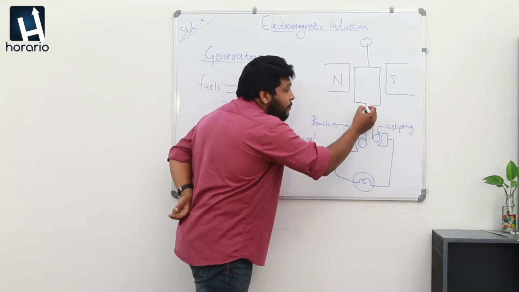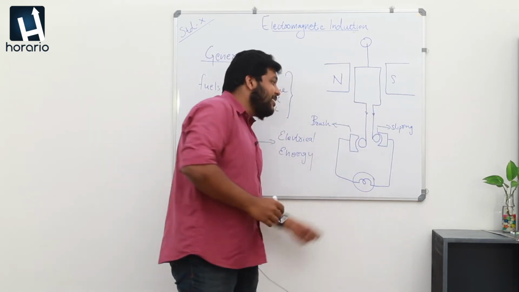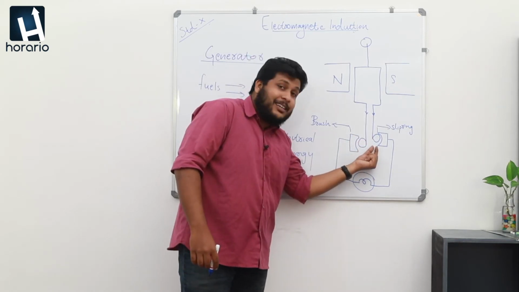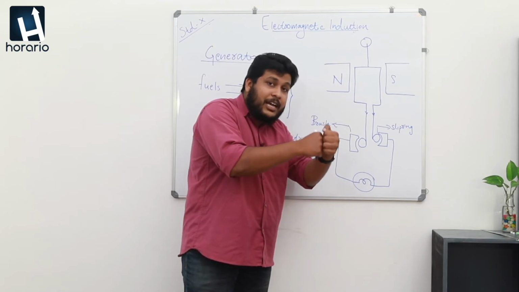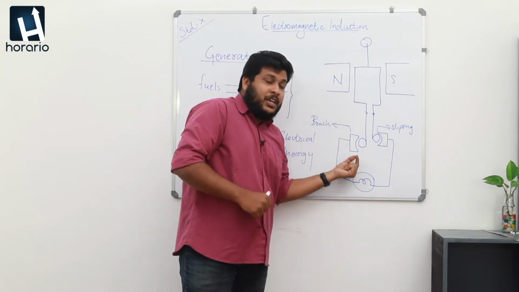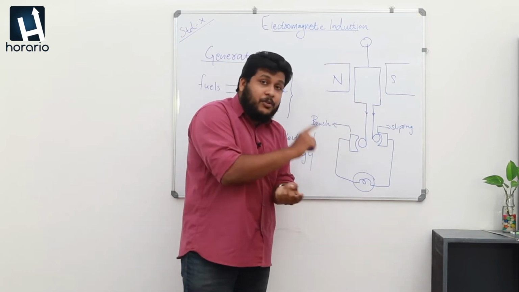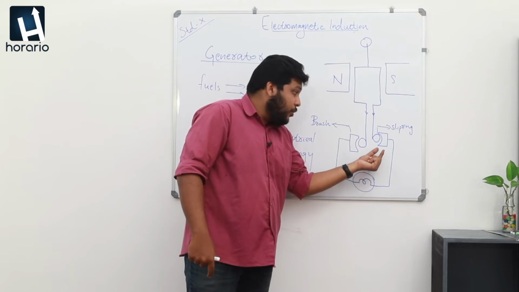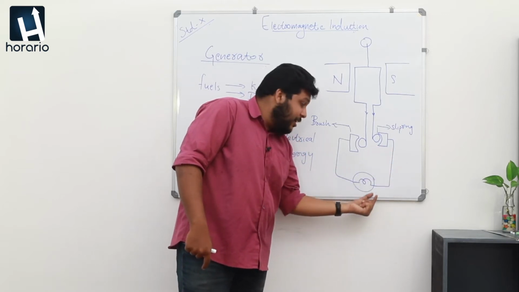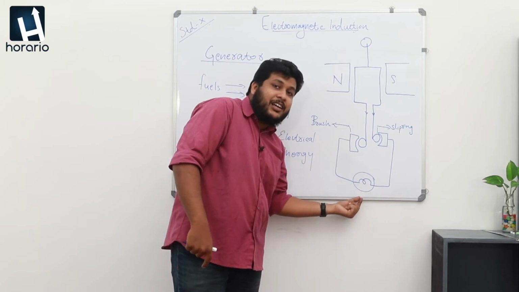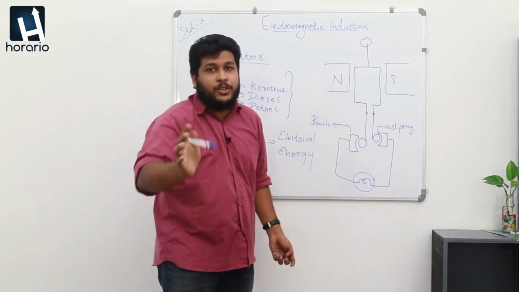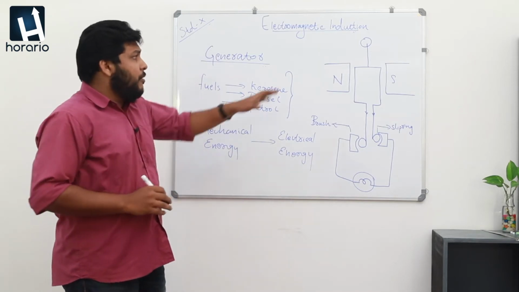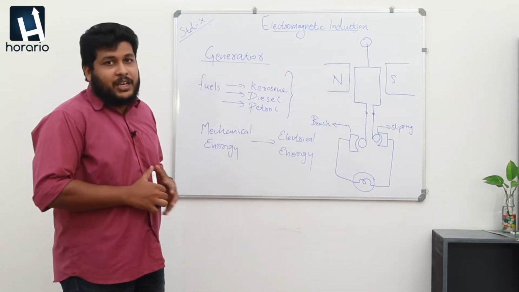The produced EMF flows through this connection and reaches the slip ring. This slip ring is in contact with the brushes. It revolves as the armature revolves, and when it revolves, it produces a charge inside the brush. So this EMF can be harvested with the help of the brush, and we can connect it to a circuit for our usage. So this is the working of a generator. One more time, we can discuss how it is working.